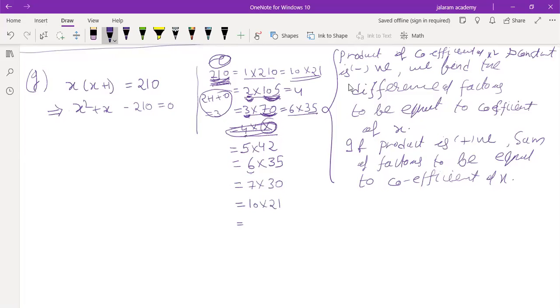Next is 12. Yes, sir. It is divisible by 6. If we make 6 into 2, 12. But we cannot divide this 35 by 2. Is that clear to you? So 12 is also not the factor. Understood? Yes, sir. If we want to check with 12, 6 2s are 12, but 35 cannot be divided by 2, so leave it also, okay?